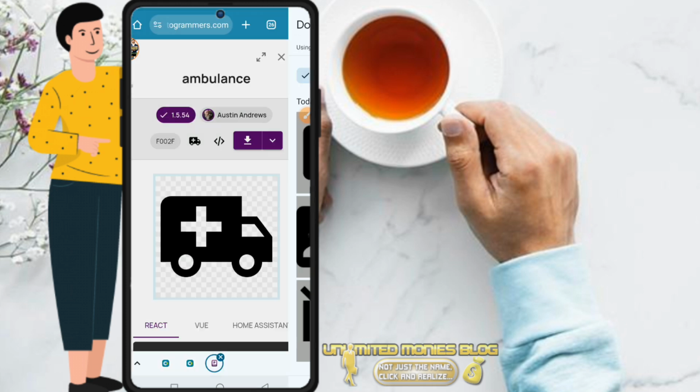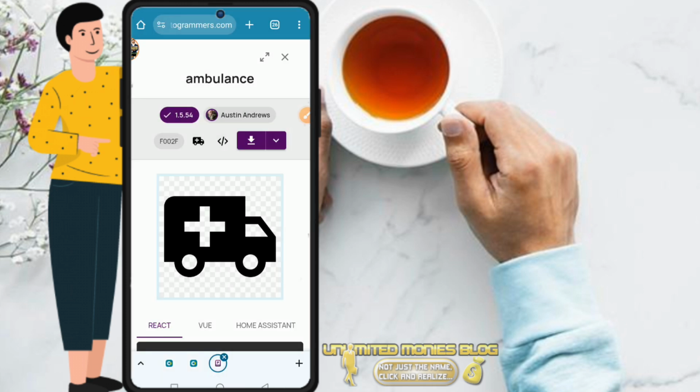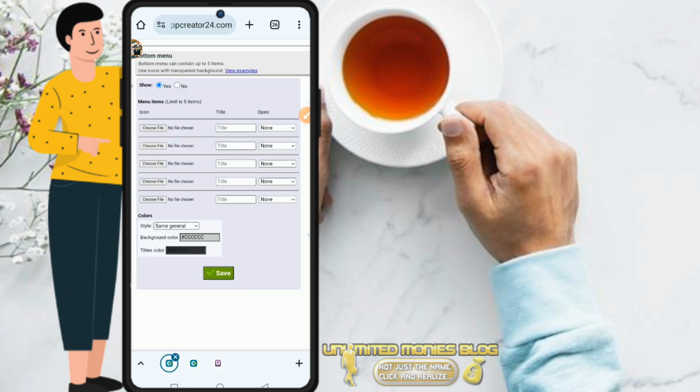So now, after you have finished getting the icons, the next thing we want to do is to go back to our AppCreator24 dashboard where we stopped. This is where we stopped in our bottom menu. So the first thing is